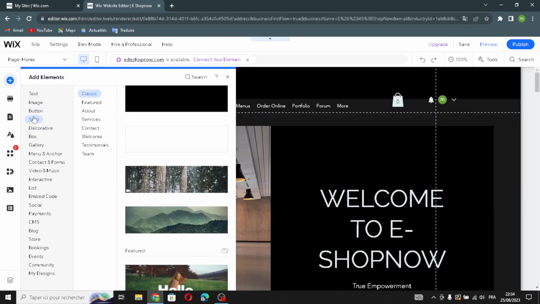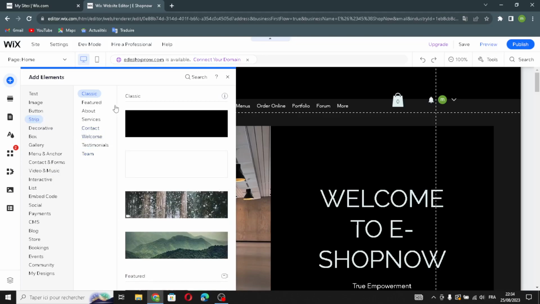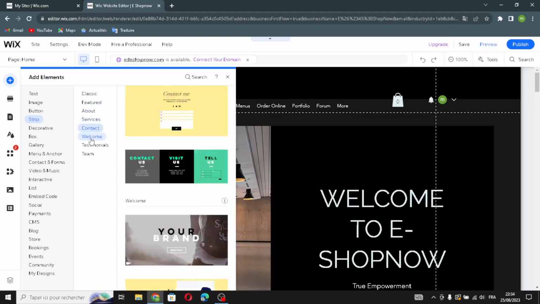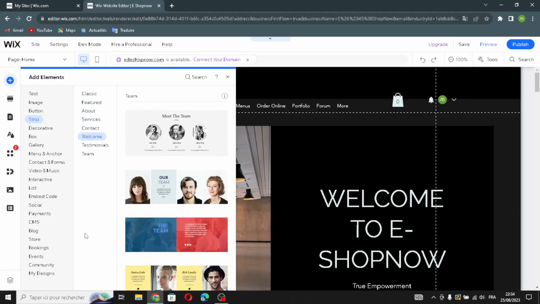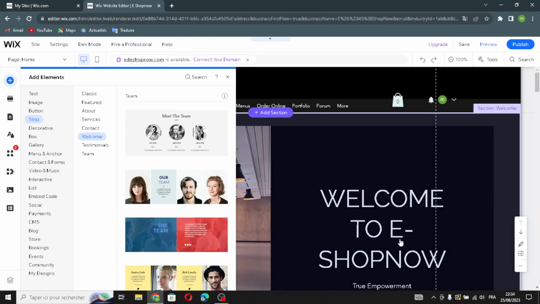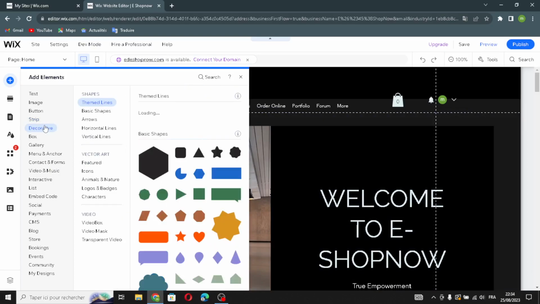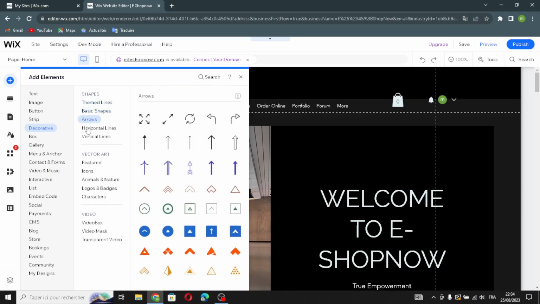Let's move on to the next element, the strip. Here you can do classic, featured, about, services, contact, welcome, and testimonials, and theme. Select any one here, just hold on it like this and put it on your website and it will be done. So let's move on to decorative elements, shapes, the same lines, the basic shapes, the arrows, the horizontal lines,